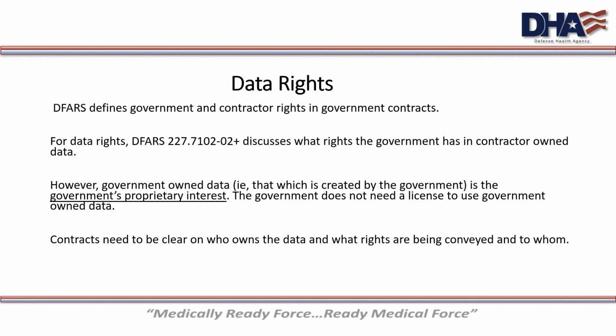So a little bit about data rights. The DFARS defines government and contractor rights in government contracts. And the DFARS also talks about what rights the government and the contractor has in data. But the one part that I think a lot of contract officers and folks confuse is that the government has the capability to own data. Its data is not copyrights. Copyrights are a compilation. The underlying data is something that the government absolutely has the capability of owning, and it